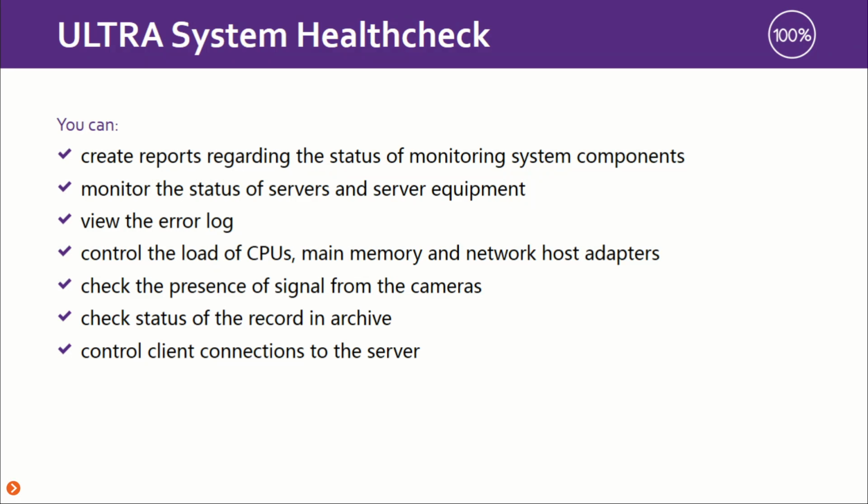If there is a surge in CPU, memory or network adapter usage, you will be notified about it. Notification can be received via email. If there is any loss of camera connection, you will be notified about it as well. The record of the archive will also be notified, whether a particular drive is archiving or not. If there is any problem with the archive, you will get a notification about it.